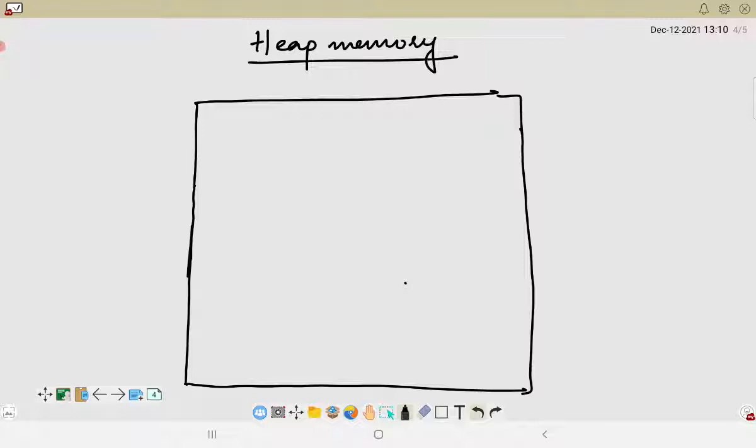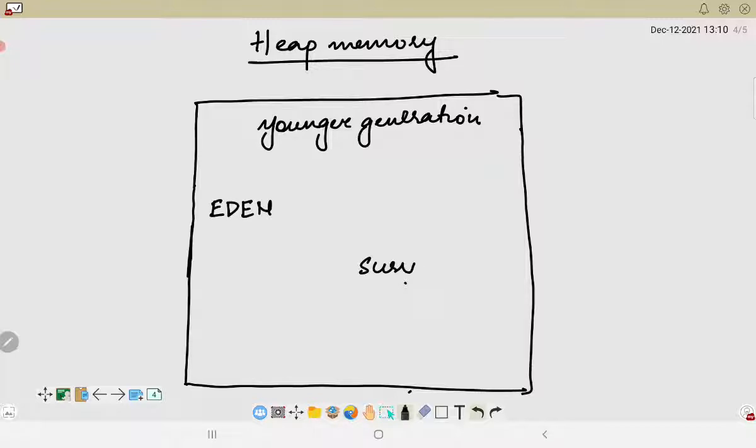So we have the young generation, then we have Eden, then we have survivor 1, and then we have survivor 2.